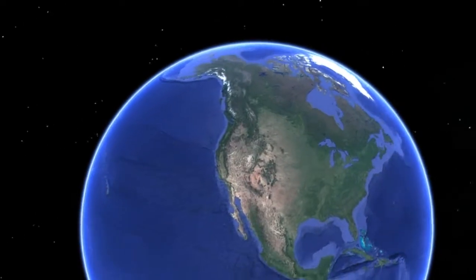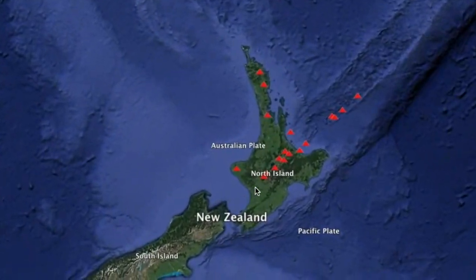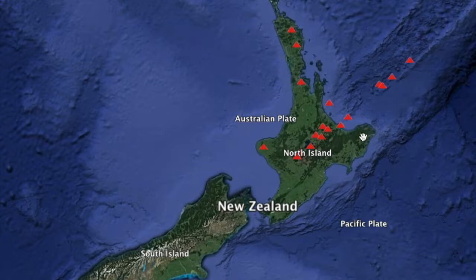In this video, we are going to zoom into New Zealand's North Island. The volcanoes indicated by these red triangles are caused by the sinking of the Pacific Plate under the Australian Plate at a rate of approximately 4 centimeters per year. The grooved region to the southeast of the island is the Trench, where the two tectonic plates meet at the